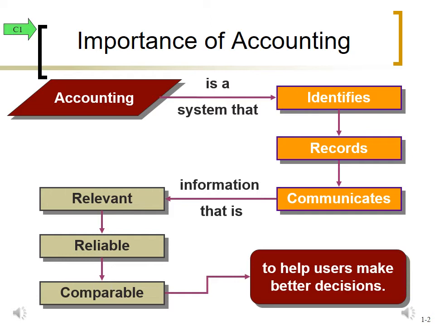So when we talk about the importance of accounting, we're talking about why do we do accounting or why do we have accounting. Basically, accounting and the associated reports that you'll be studying really helps to identify the records, also it communicates information, and also provides a written verification of what a business has done over a period of time. And that information has got to be relevant, that is, meaningful to make a decision. It also has to be reliable, something that people could depend upon, and it also has to be comparable from period to period.